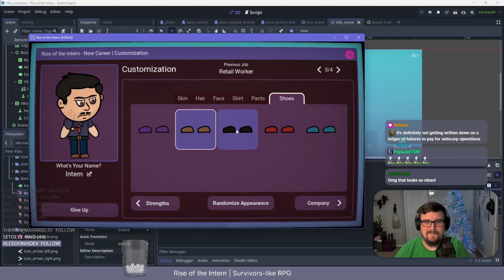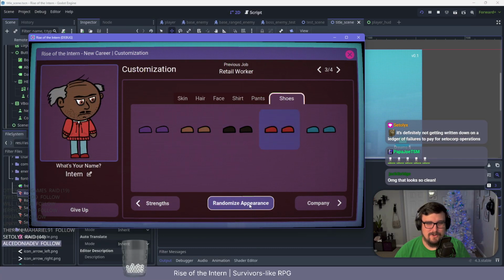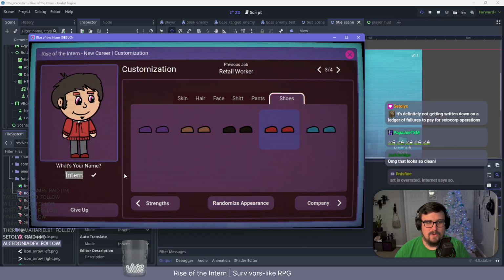But yeah, so we've got this little character customizer. You can randomize it, which is fun. I like doing that and just seeing what I get out of it. We can rename ourselves here, and